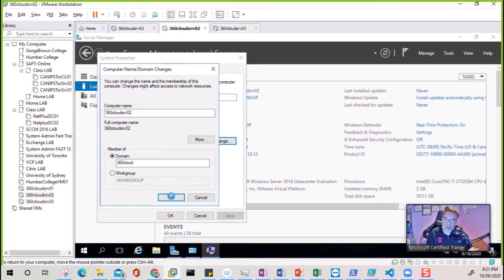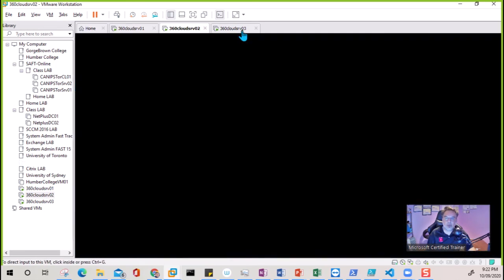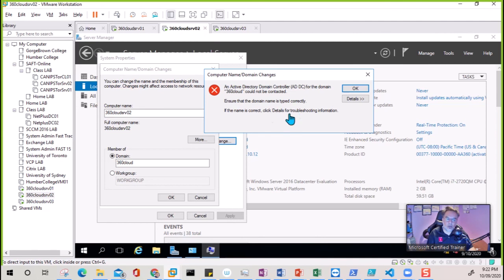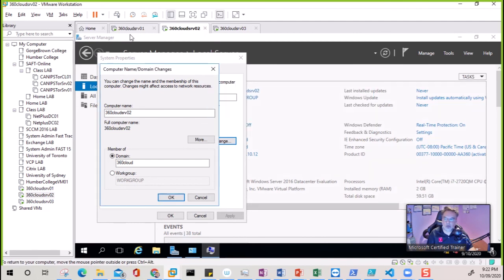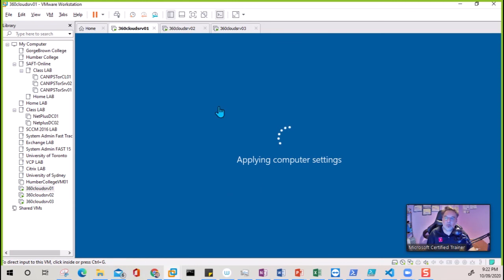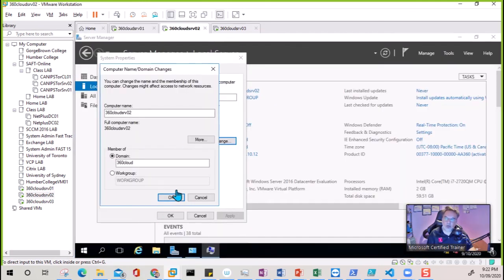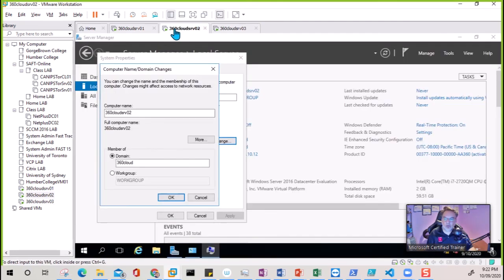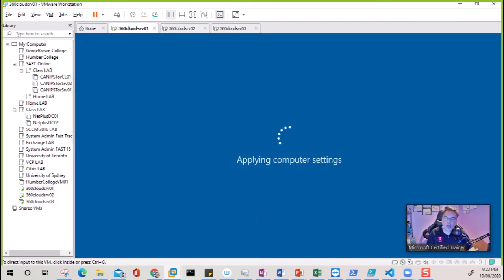So just click OK. What it does is it sends requests to the server for Active Directory. It might error out because the server is starting up for the first time after Active Directory. So yeah, it's not able to connect to the server because it is just setting up. Once it is properly started, then we can again try and join it to the domain. Here it won't go anywhere at the moment. We need to just let it apply all the Active